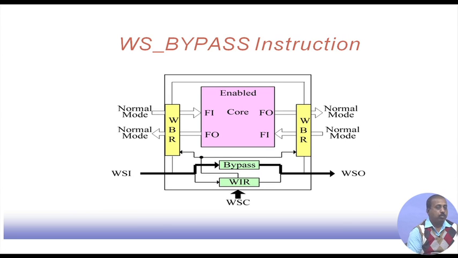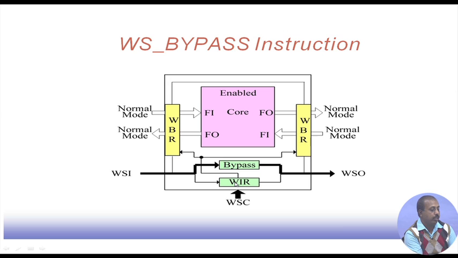Now, let us look into some of the instructions, like say the bypass instruction. How is it to be implemented? The WBR will be operating in normal mode. So, the circuit operates in normal mode, but this scan control, the wrapper scan serial control signal,